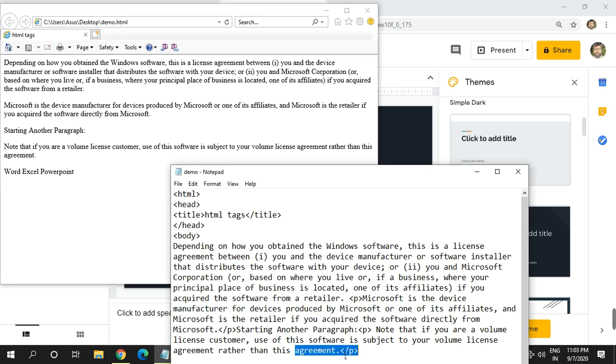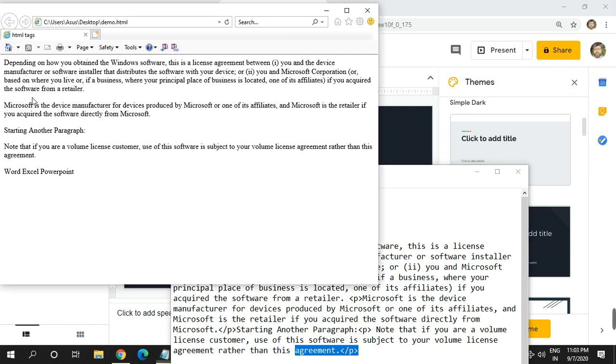You can see in the coding also that whenever we started a paragraph, some space is left before the paragraph, and again the next paragraph starts from here and some space is left before it here also. So we can see that whenever we start a paragraph, some space is left before the new paragraph starts.